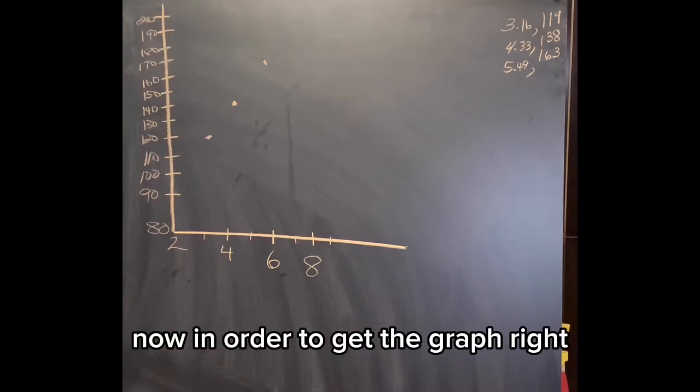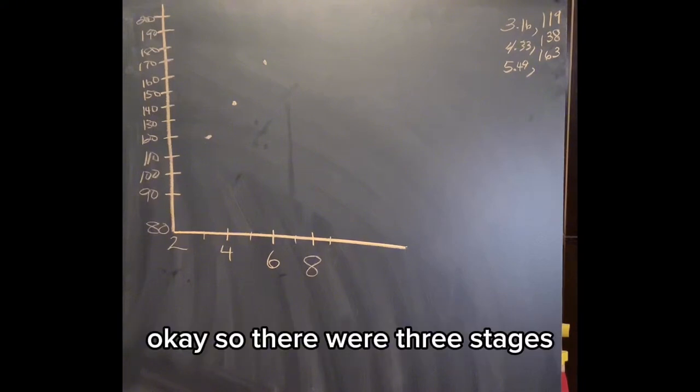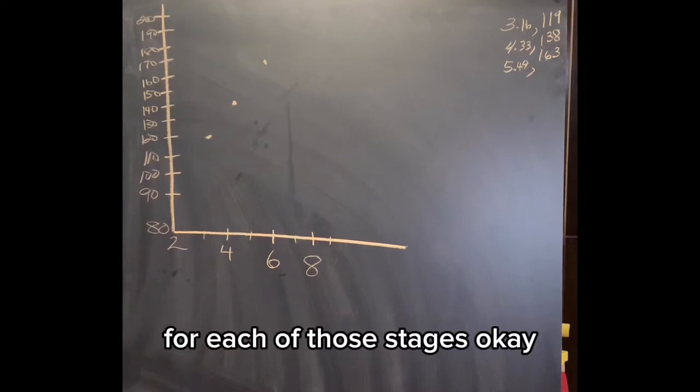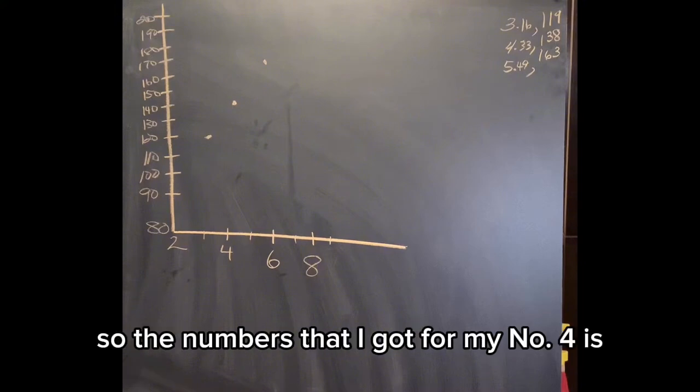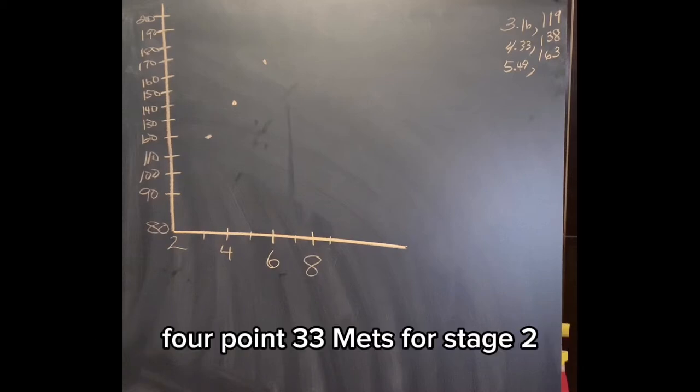In order to get the graph right, you had to get your calculations right in number 4 for each of the 3 stages. The numbers that I got for number 4 are 3.16 METs for stage 1, 4.33 METs for stage 2, and